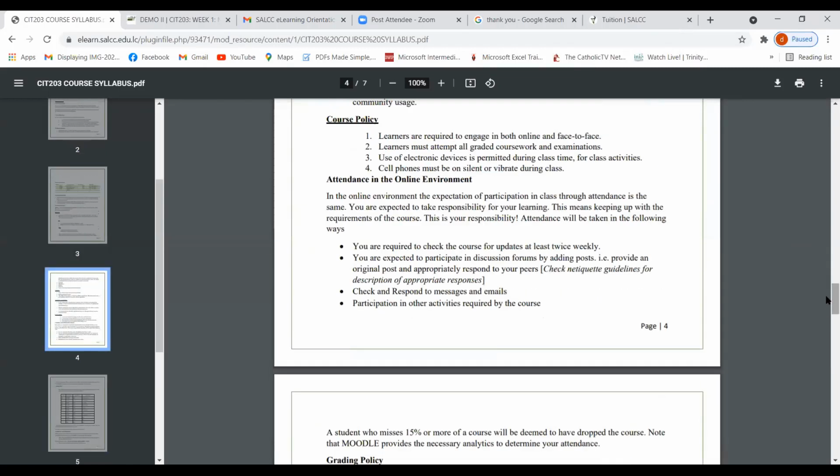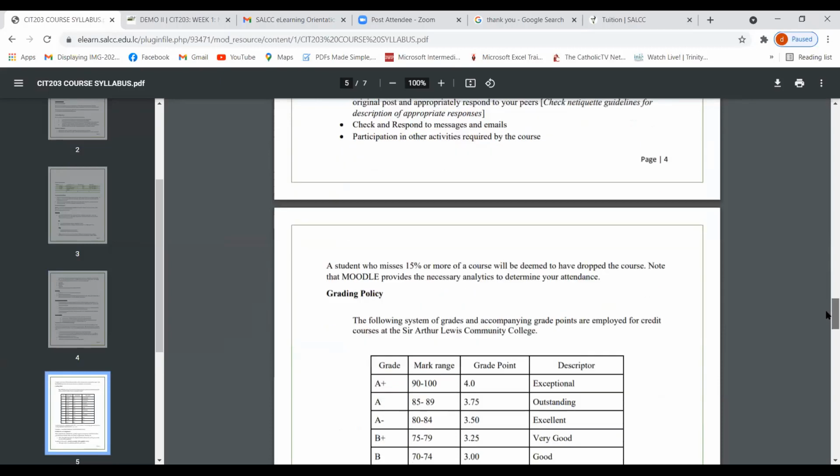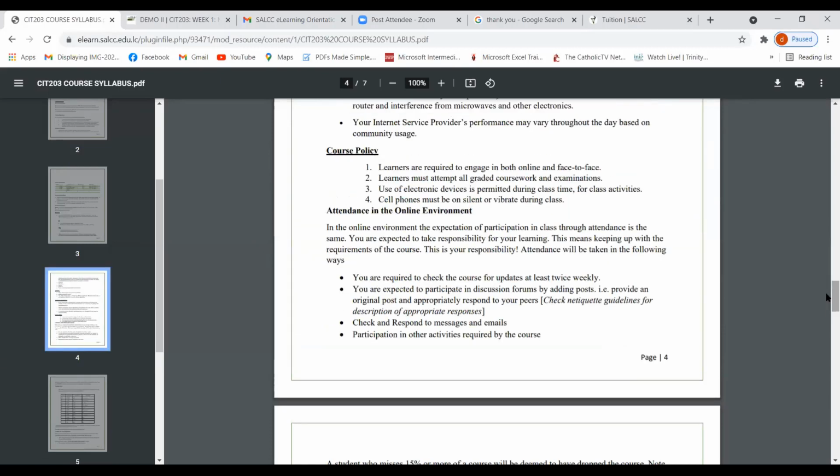The course policy will be there. Attendance in the online environment. I know quite a few of our students have started working, and sometimes when the live sessions are given or are done, some students cannot attend, okay, you have to take responsibility. Yes, you are working. However, you have to ensure that as soon as the recording is available, that you go